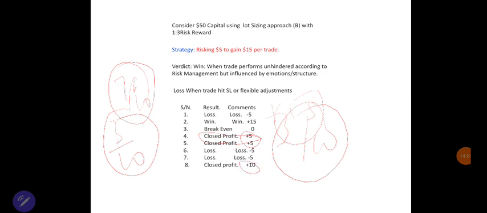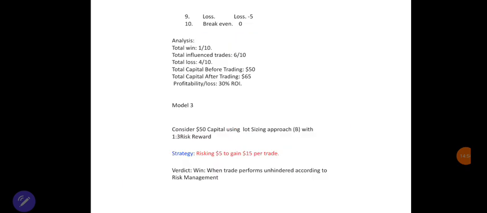Okay, so let's see the result, and then you only notice that 3 of the 10 trades, 1, 2, 3, are allowed to run on their own, and out of the 4 of them allowed to run on their own, just 1, all right, goes exactly according to plan. So let's see the results therein. All right. So we can see the total win is